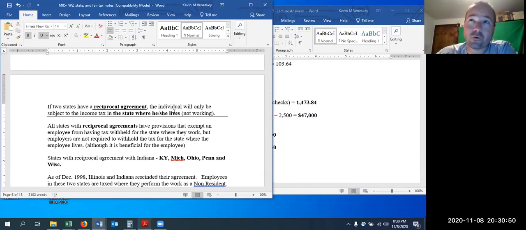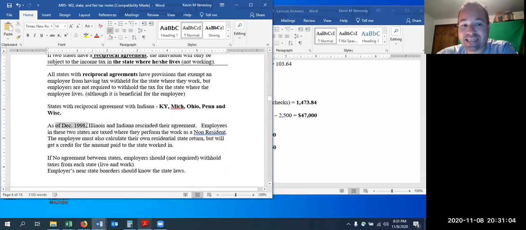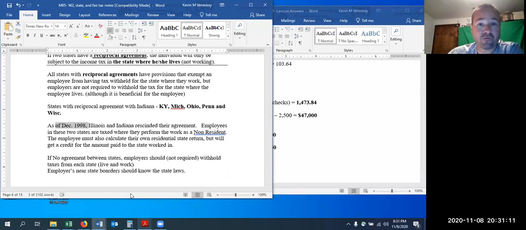Indiana and Michigan, Indiana has South Bend. Michigan, I'm not as familiar with Michigan. I don't know if they have anything right there along the border, but still we have a reciprocal agreement with them. The one that we don't is Illinois. Back in 1998, it was rescinded, and it was mainly rescinded probably on Illinois's behalf because they didn't like it. Because lots of people from Indiana come in to work at Chicago, but not that many people from Illinois come over to Indiana and work in, say, anywhere in Lake County, like Gary or Hammond.